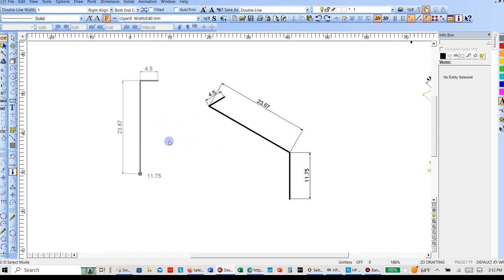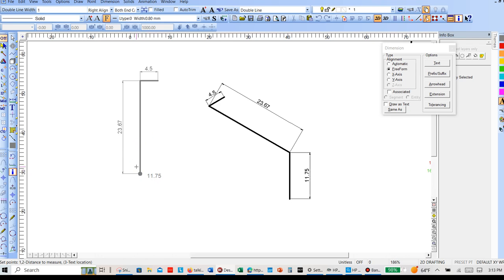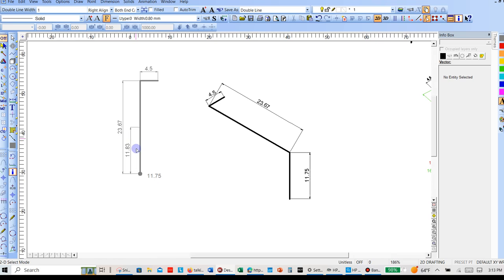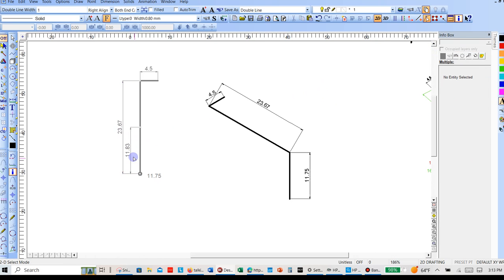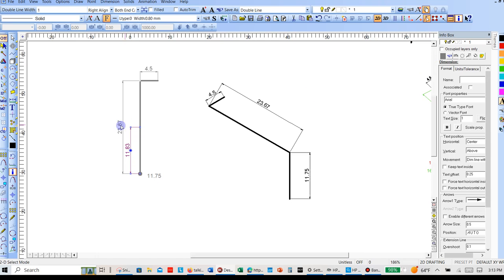So we can do this. Now 11.75 is 0. We're going to find the distance to the center. Control K. So the distance to there is 11.83. And we're going to take 11.83